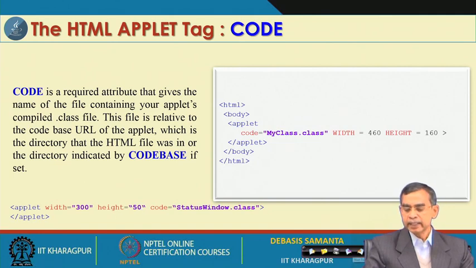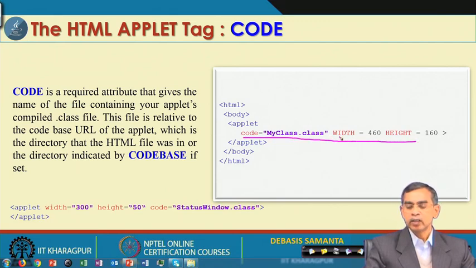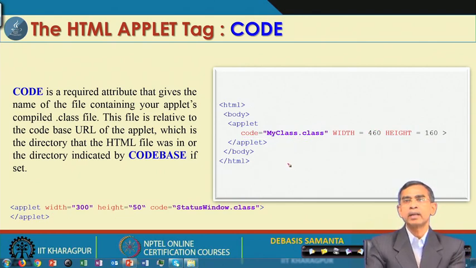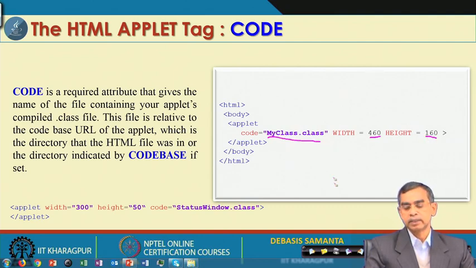Another thing is that, so far as the width and height in the applet code, it is not necessary to maintain them in this order. It can also be in any order, like here width, height. Also, this is the width in pixels, and those things are not necessary to put in double quotes, but it is customary, for improving the viewability. So, we usually put them in double quotes. So, here is an example, this is also correct and this is also correct.